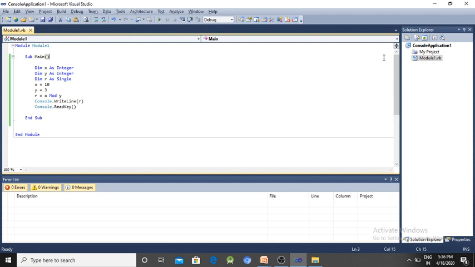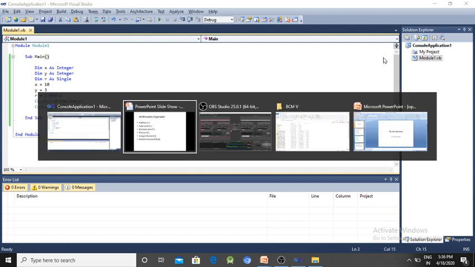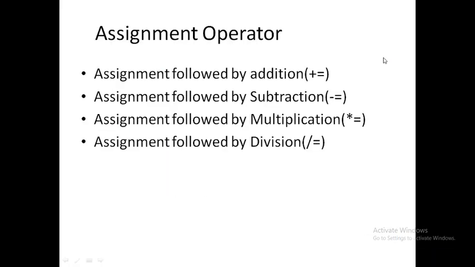Then we will discuss the second operator, the assignment operator. That means assignment followed by addition, assignment followed by subtraction, assignment followed by multiplication, assignment followed by division: plus equal to, minus equal to, asterisk equal to, and slash equal to.